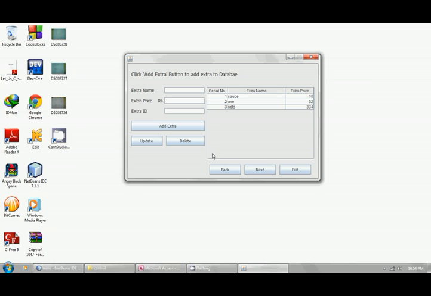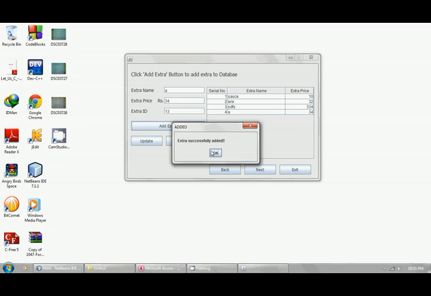Here we add our extras, all the extras which we want to give in the mess. Actually, sauce and these extras are already added with the meals, so they are already listed. If we want to add more extras, we can write the extra's name. Let's say the extra name is A, price is 34, and ID greater than 10. Add to extra.